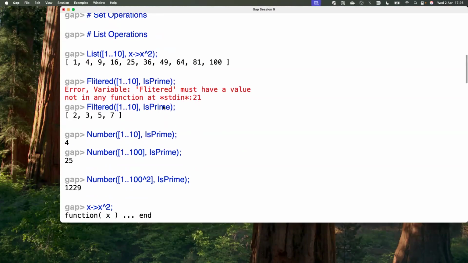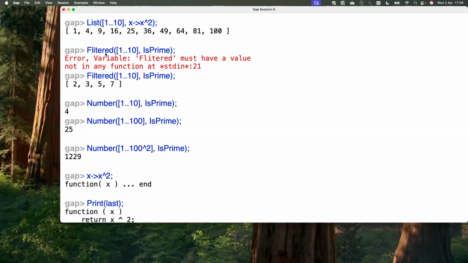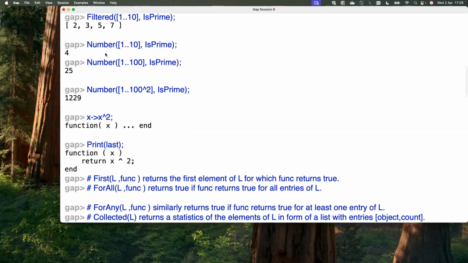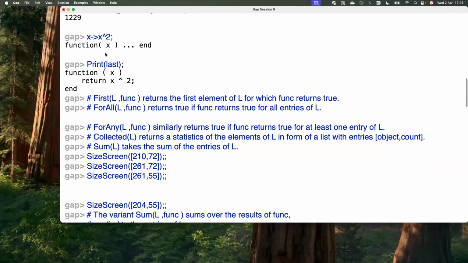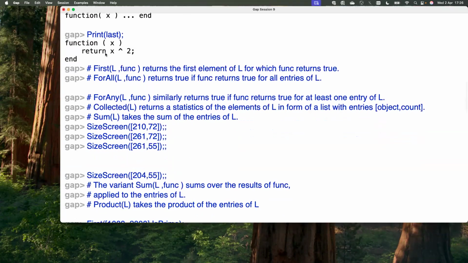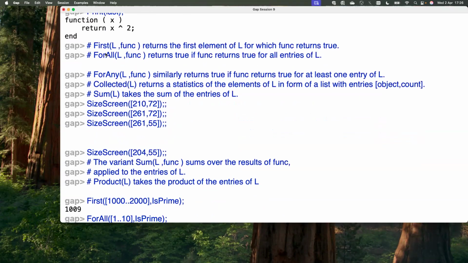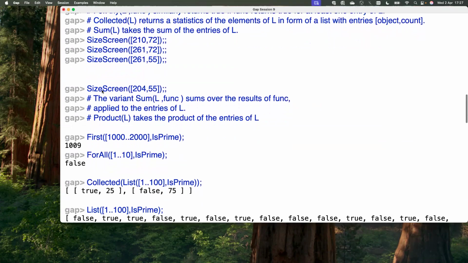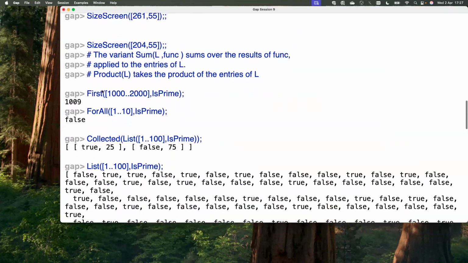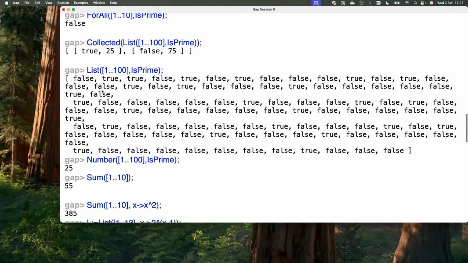then we have talked about how we can use some defined functions already stored in GAP. We can use the filtered function, the number function, and also the print function, and these are the functions like first of, for all, collected, sum, the variant sum, the product. All these we can use like this,